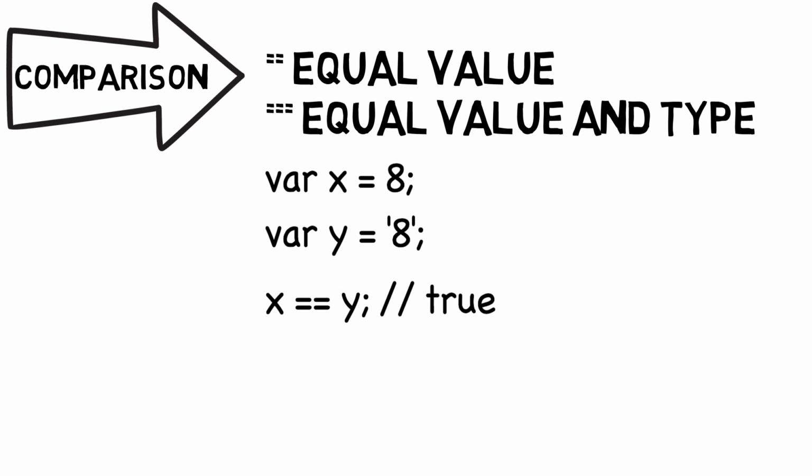Remember, not one, because we aren't assigning a value. We're checking for equality. This conditional statement is returning a value of true. The number type of 8 is equal to the string type of 8. This might be a little confusing. It would be kind of like saying that the color red is equal to an apple,